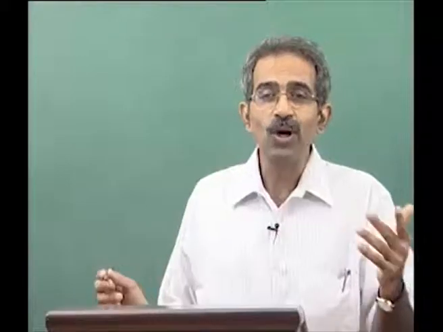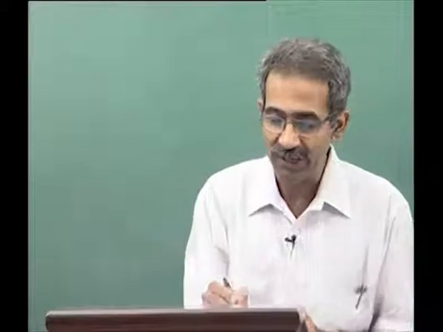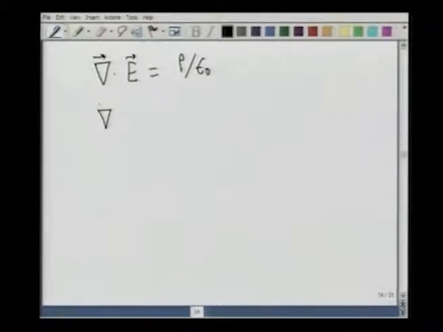Okay, very well. Now, let me go back and rewrite my Maxwell's equations again. There is very little algebra to do in this lecture, but there is really deep, profound physics for us to appreciate. So, let us enjoy it. It is really worthwhile doing that. Let me write the Maxwell's equations. I have divergence of E equal to rho by epsilon naught. I have curl of B equal to mu naught J.